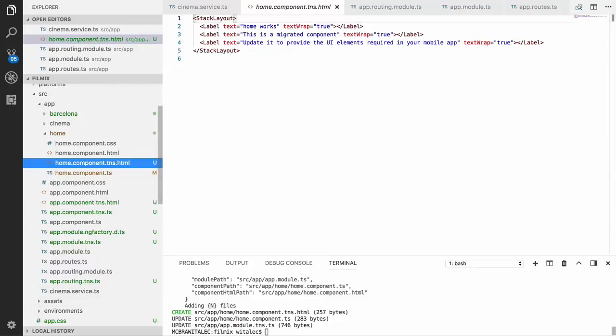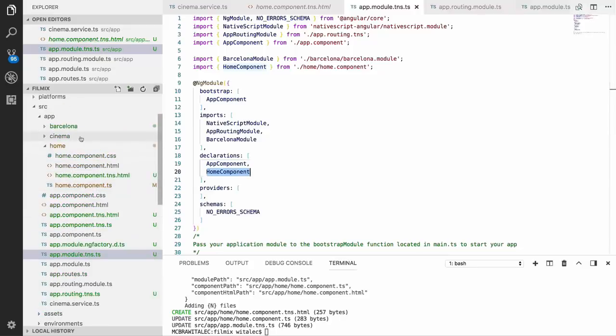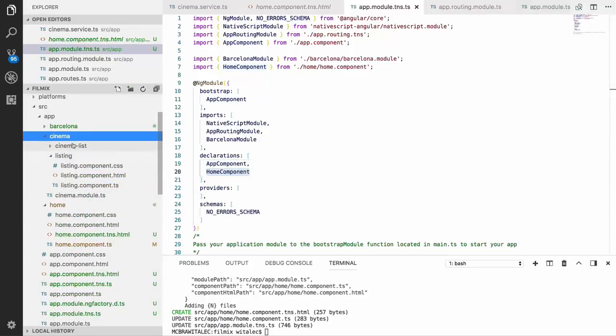But then also you can see it updates NativeScript's app module, so automatically the home component gets added here. We also have a cinema module. So what I can do is try to migrate this one as well. So I can call ng generate